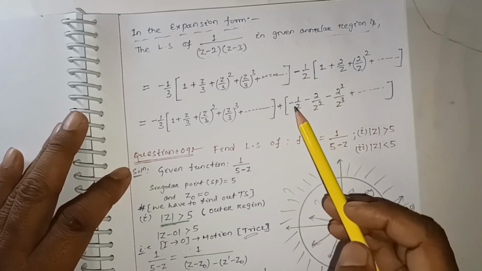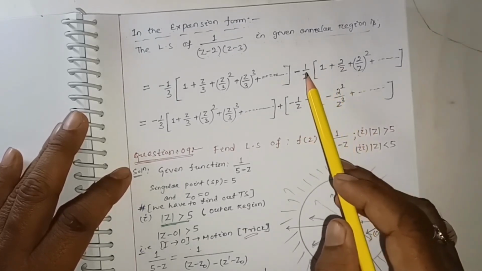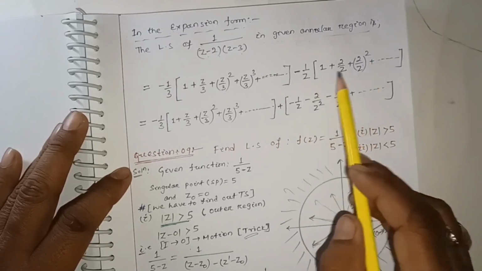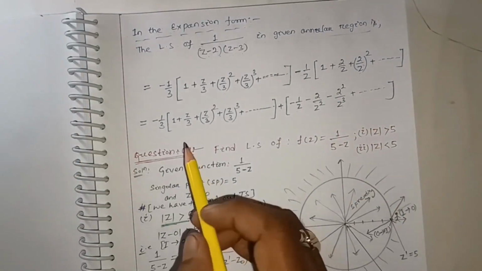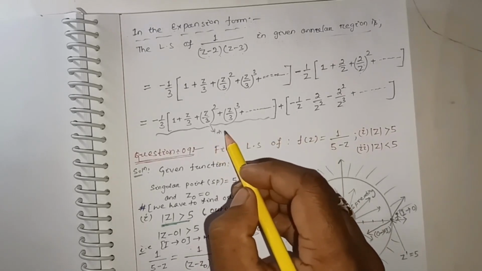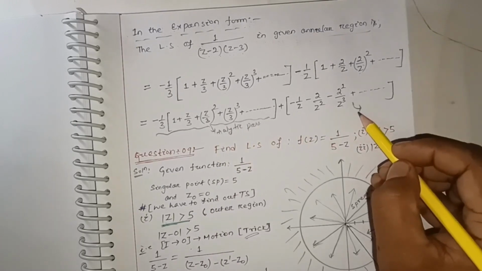This will be minus 1 by z multiplied with this one. This will be minus 2 by z square, minus 1 by z multiplied with this one, minus 2 square, this z, this will be z square, z cube, and so on. So here you can see that this is your analytic part, and this is your principal part,